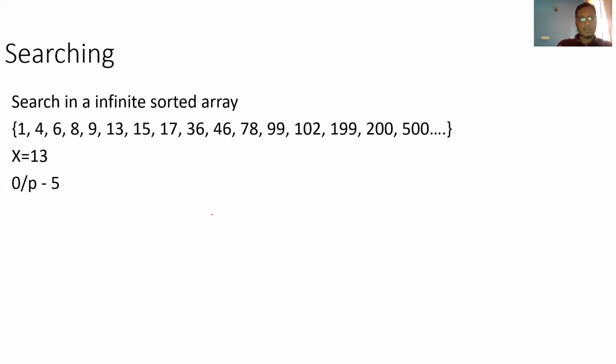So given a condition that let's say you have an infinite sorted array. When we say infinite, let's say the array size will be in billions. The trick here is to use a binary search, but you don't know the high element. In binary search, we know low and high, right? High is nothing but the number of items.